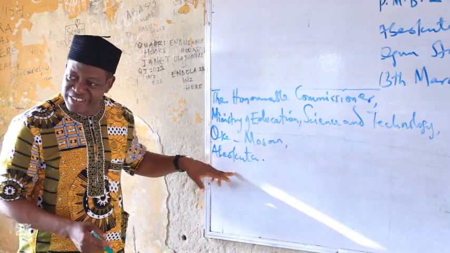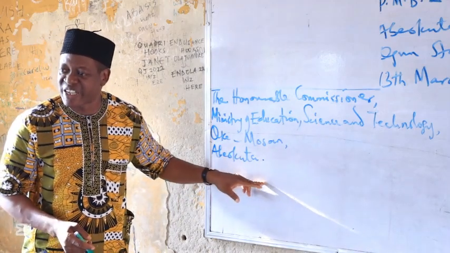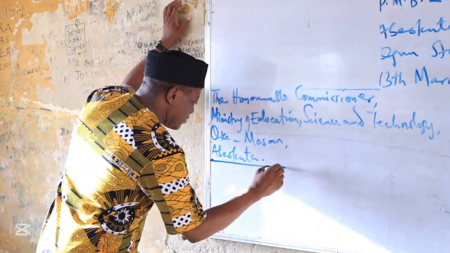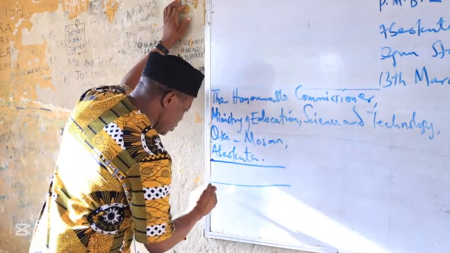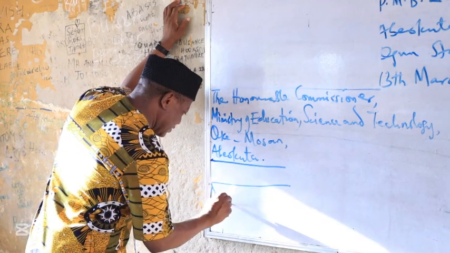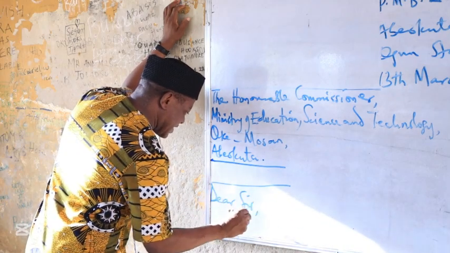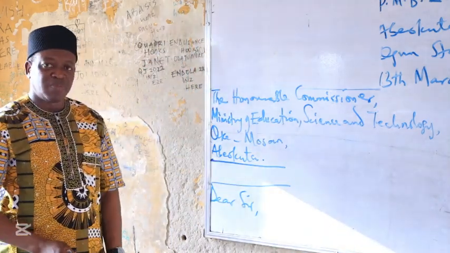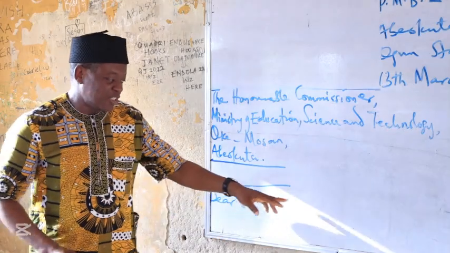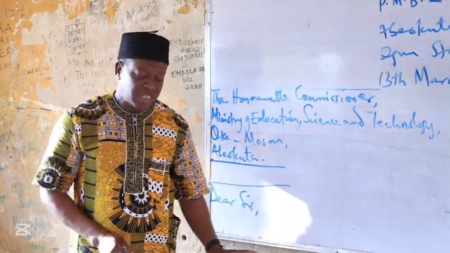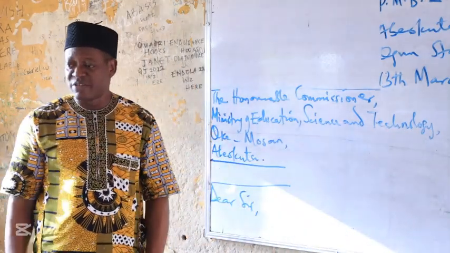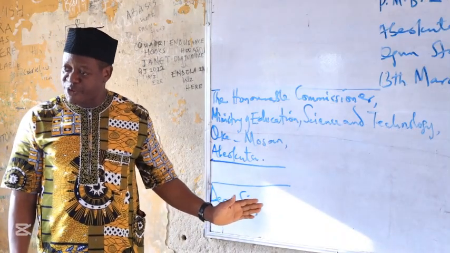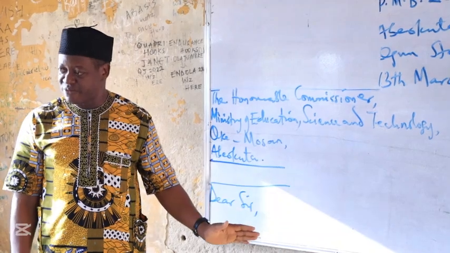If somebody is still writing it under receiver's address at this stage, then you leave a line in between to write, dear sir, comma. That dear sir is on the same line, not that it is protruded to the front. Same line, dear sir. This is what I expected from you. And you'll have performed excellently well if you have done this.